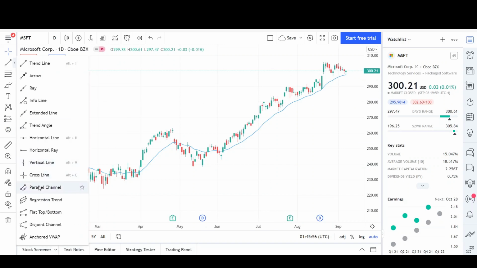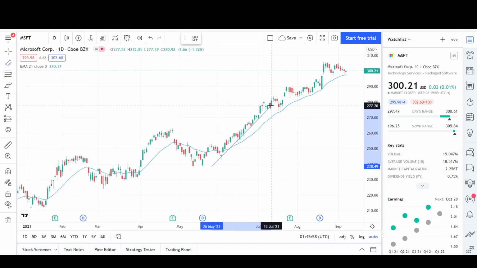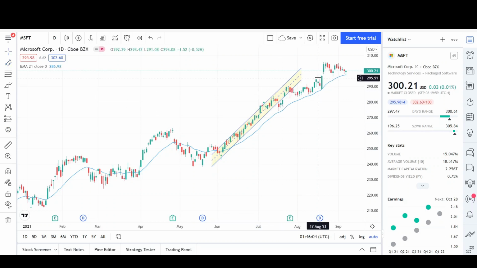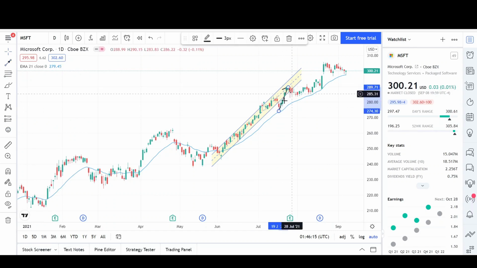So let's take a look on the daily chart, and the first thing that I noticed was that Microsoft created this channel right here, this slim channel, and then we had a breakout set and two legs up to a new high, and pretty much the measured move goes right to that gap, and I'm going to show you guys right now. So this was the first leg up right here, and then we had that red bar sell-off,